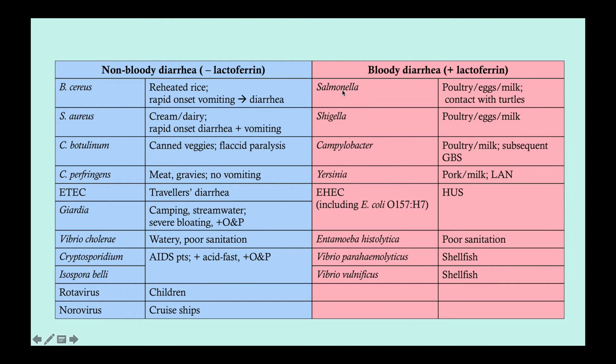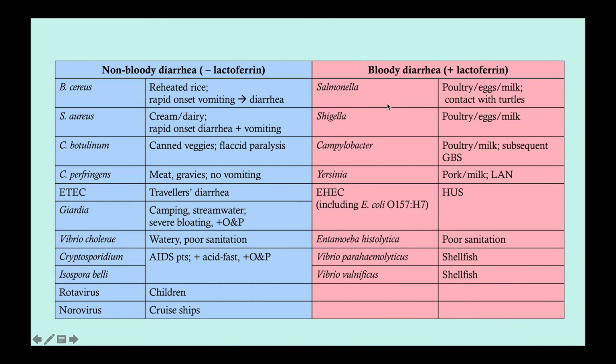So the ones you want to remember for sure are Salmonella, Shigella, and Campylobacter, and then E. coli O157:H7. Salmonella and Shigella are very hard to tell apart. They're pretty much, and Campylobacter for that matter, caused by the same things. So it's hard to tell them apart. If they're going to ask you specifically to know Salmonella versus Shigella versus Campylobacter, what they'll probably tell you with